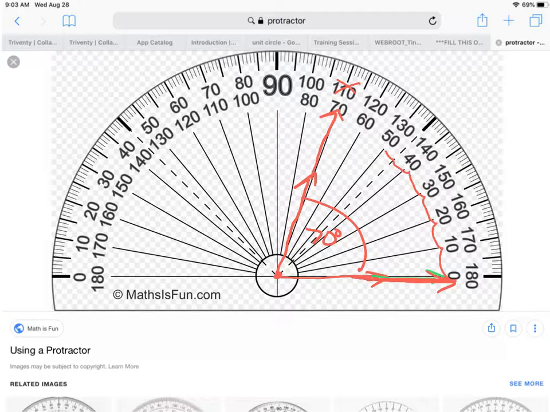Now, let's say our angle was put over here, and our first ray was here. And then let's say it went up this way. This is where I would use the outside numbers, because again, I'm starting here at 0, and then I'm getting larger as I go around. And this measure over here would be